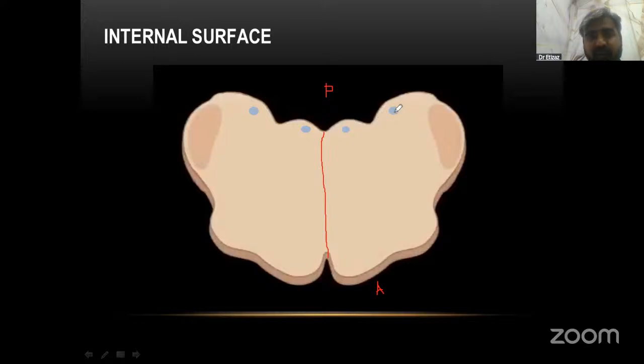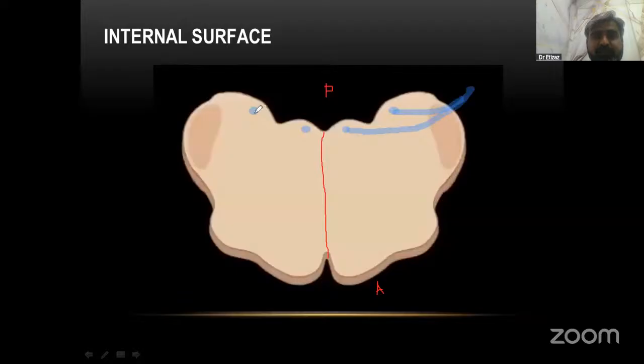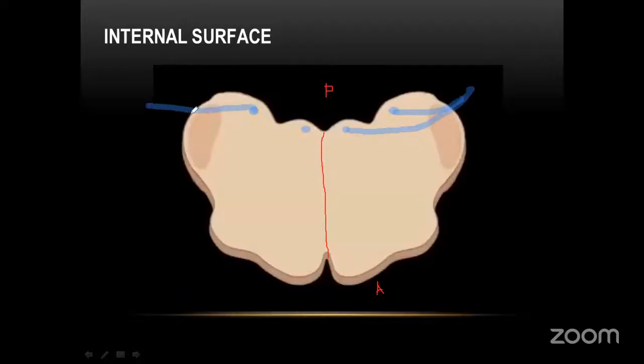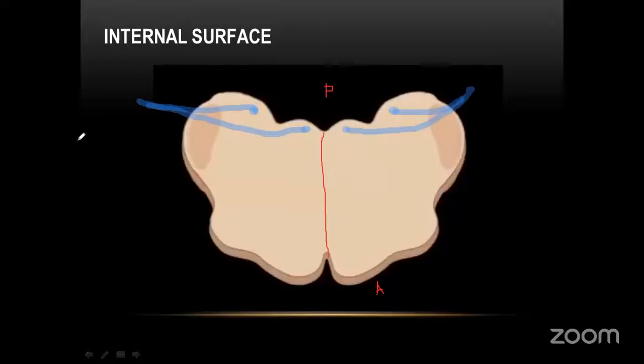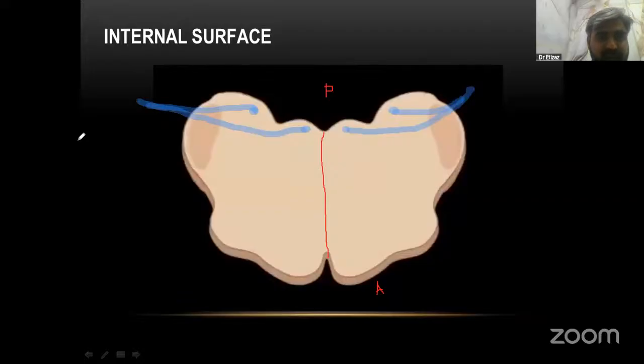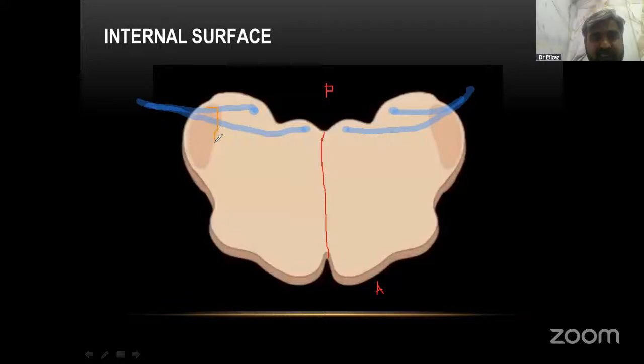One, what kind of fibers? Internal arcuate and external arcuate. These are external arcuate fibers. Where will they go? Cerebellum. They will go to the cerebellum through the inferior cerebellar peduncle. This is part of the inferior cerebellar peduncle. These fibers which go through the inferior cerebellar peduncle to the cerebellum, these are the external arcuate